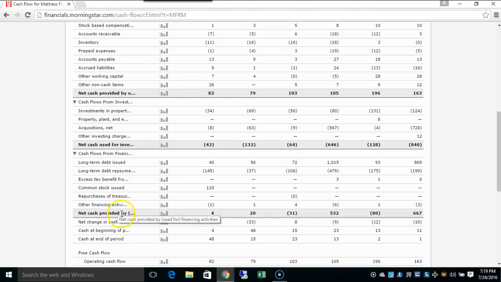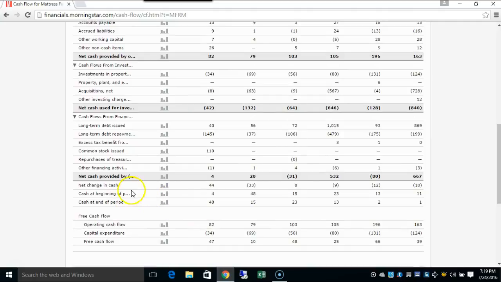Net cash provided by financing was $4 million. So the change in cash is $44 million. Most of that was generated by operations. The cash at the beginning of the year was $4 million. At the end of the year, we add the net change in cash of $44 million to the beginning, which explains why cash went up $48 million. So cash went up $48 million from $4,